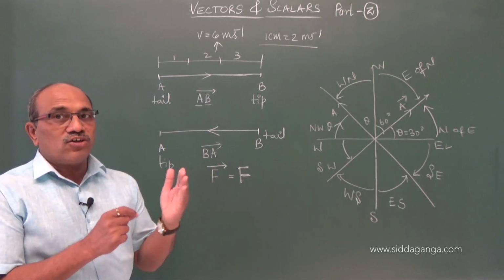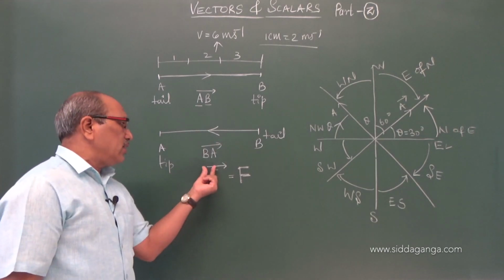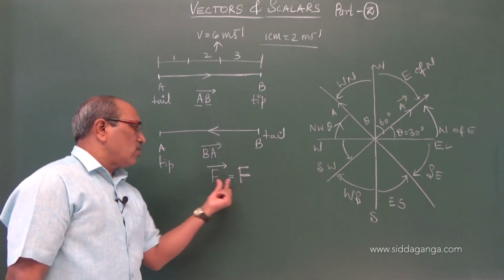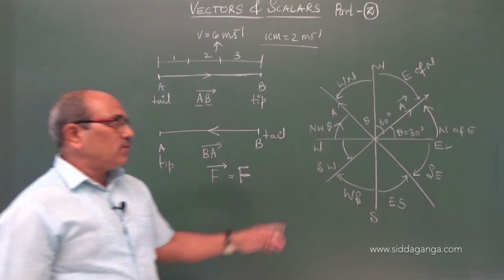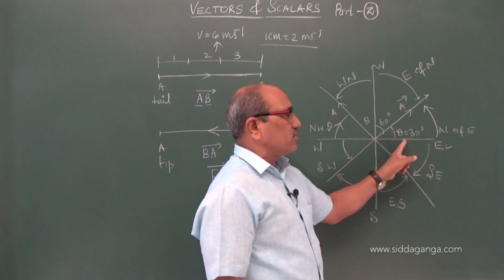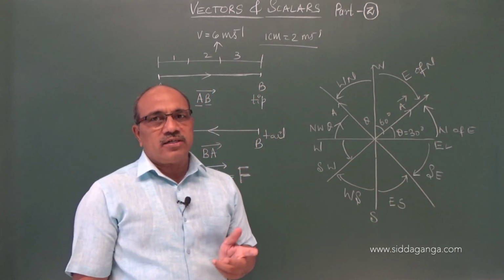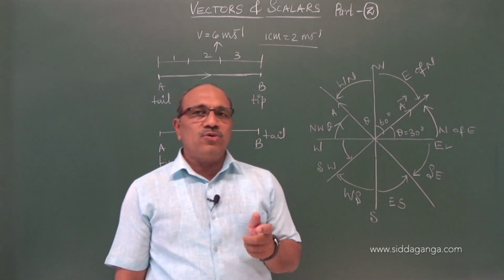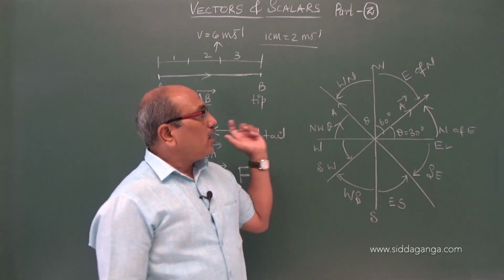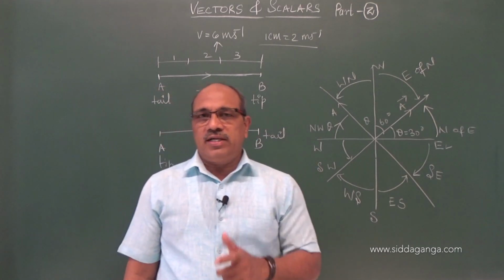We need not necessarily give where the initial point is and where the final point is; what the magnitude and direction are is enough, either with this method or this. And even in the graph it comes, how we fix the angles: north of east, east of north. So this is what is in the second introductory part. In the first I told you what a vector is exactly, and in the second we come to know how to represent the vector graphically.